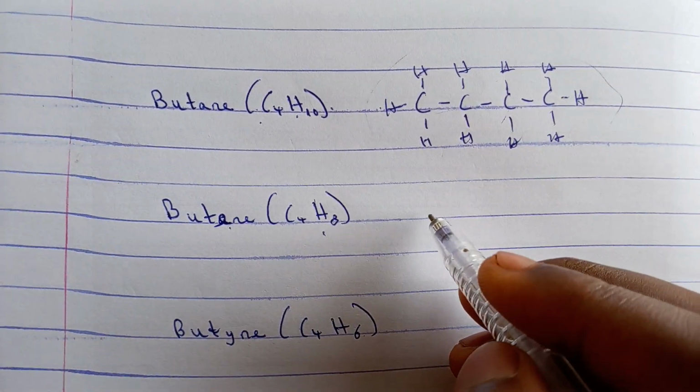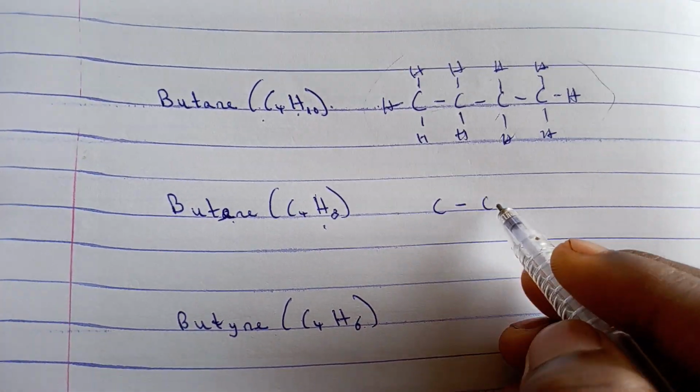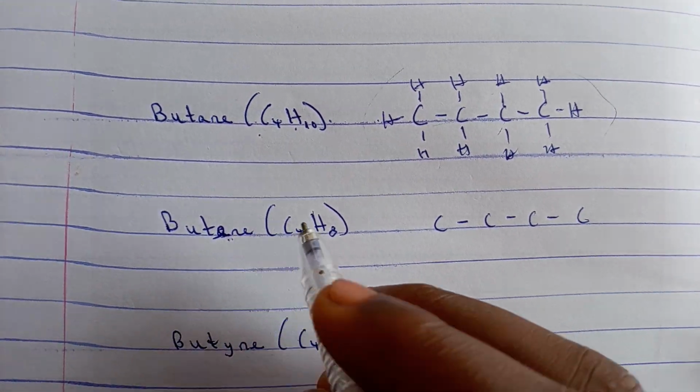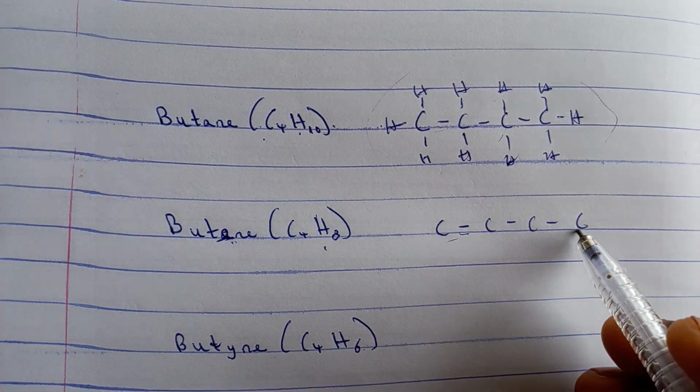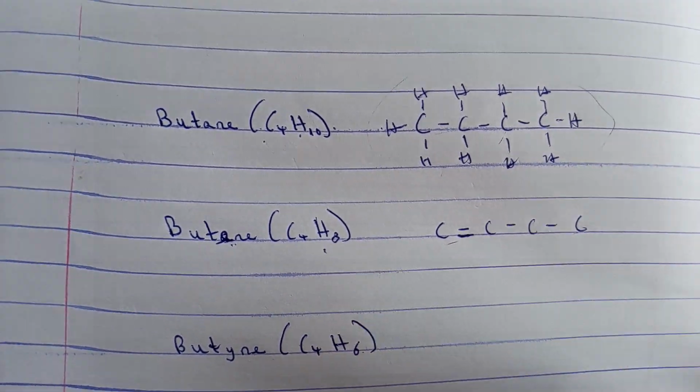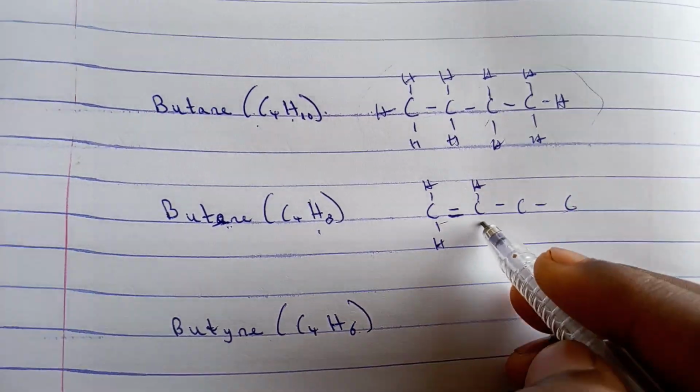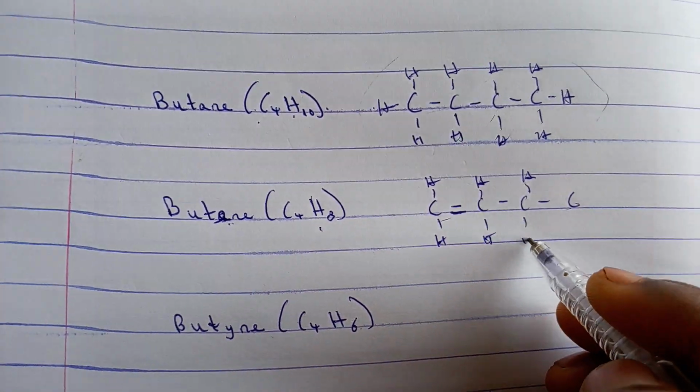I hope I'm clear. So we draw our 4 carbon, and because it's 1-ene, that means there's a double bond on the first carbon. Now we can start our first carbon from here or from here. Let's just take it from here. So now we fill in our hydrogen,